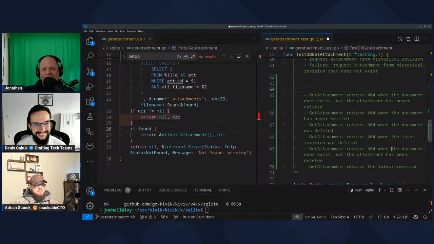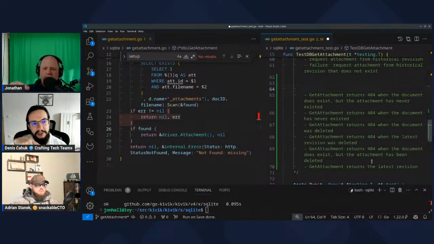What else is there? Because you can have multiple versions of the same attachment, and so you need to fetch the one that is for the specific revision that you're requesting. So let's say that I have revisions 1 through 10, and I added foo.txt at revision 2, and then at revision 5 I changed it. Now I'm requesting version 3.